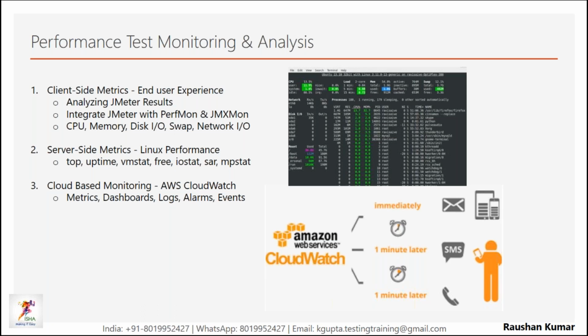How were you measuring the Linux performance? Yeah, it is the same way you were doing the Linux performance. Suppose the bottleneck is on the OS side, Linux performance, right? Your issue is not at the Java code level. Your issue is at the OS level. How would you go about it?